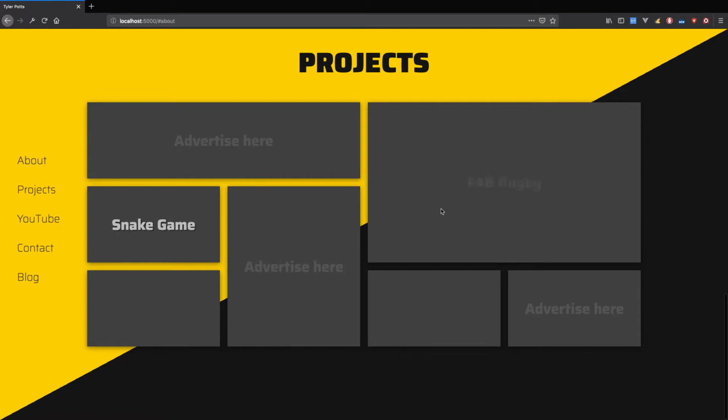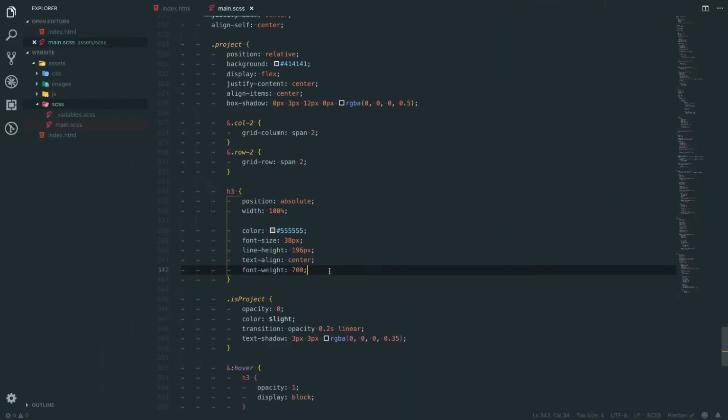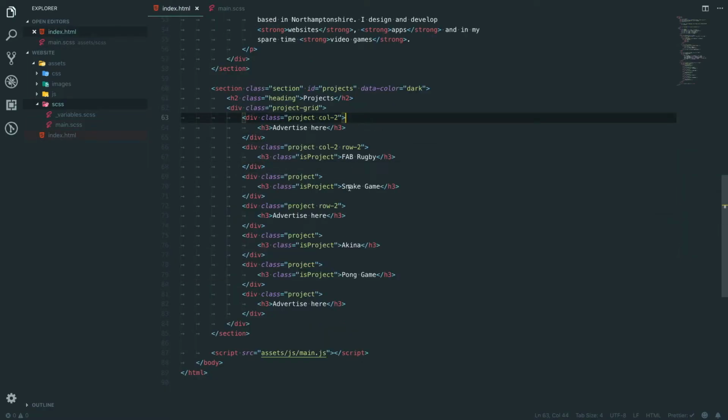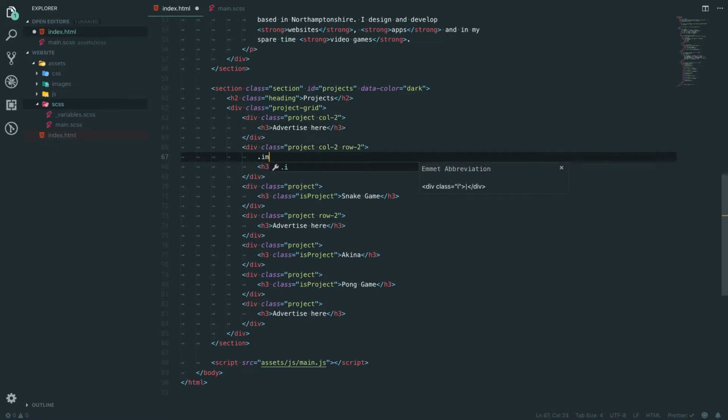There we go. Okay, everything's looking good. We are now missing the images. So to do the images, we're actually going to put another div inside of this. And that div is going to be, inside of the Fab Rugby, we're going to say .image,